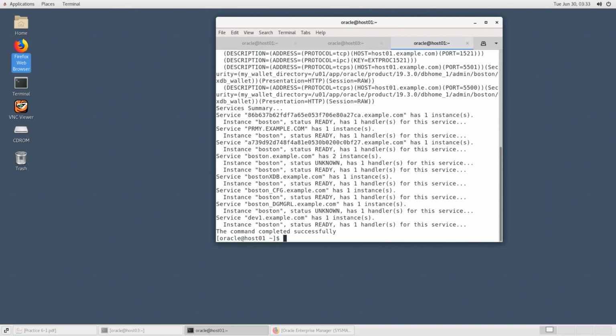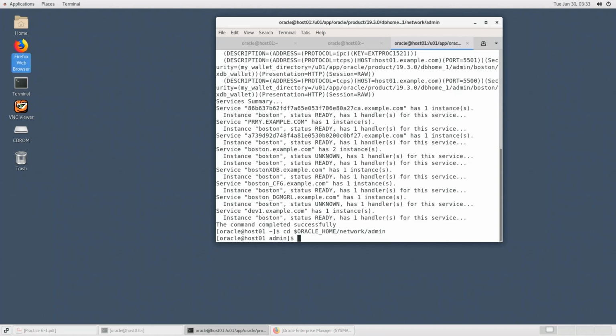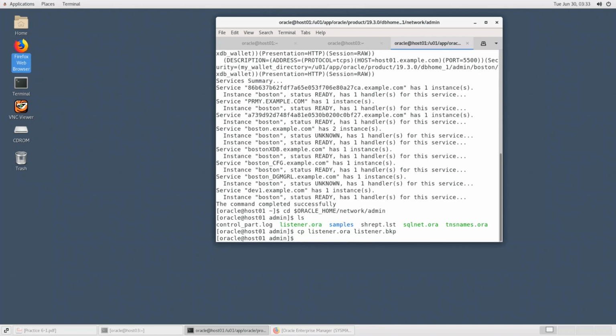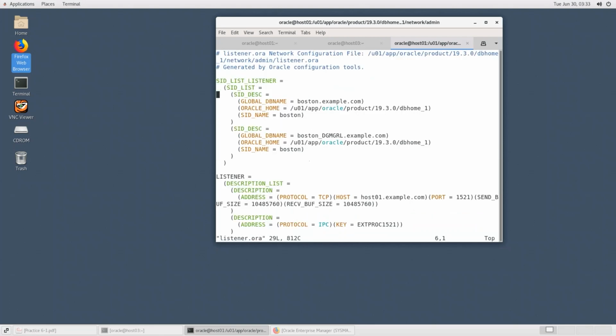One interesting part I haven't tested, let me do this way. Let's go to the Oracle Home, network, admin directory, and I do have a listener.ora file. I will just copy this file as a backup, and then I will open up the listener.ora file, and let me get rid of this dgmgrl. So in this case, I will just comment this out, comment this out, I think up to this point, and then I will save it,